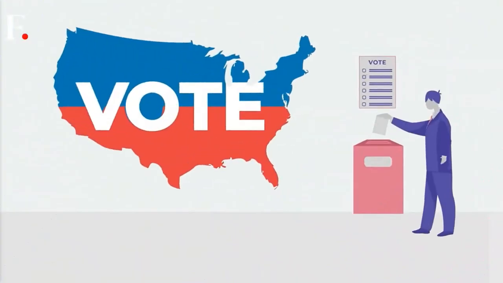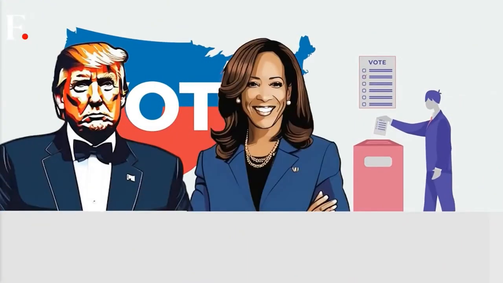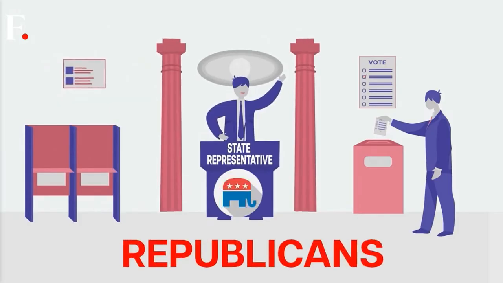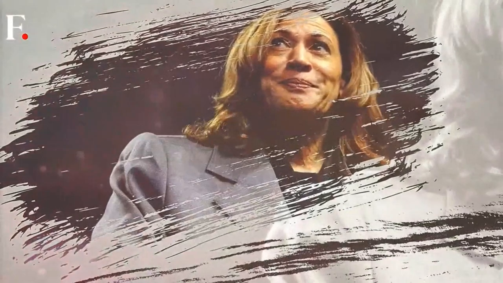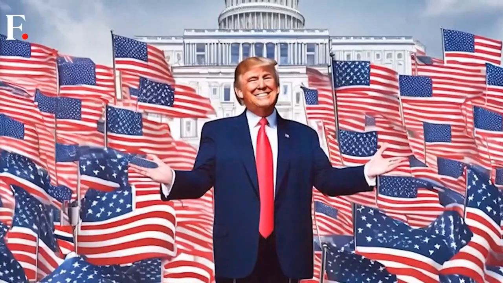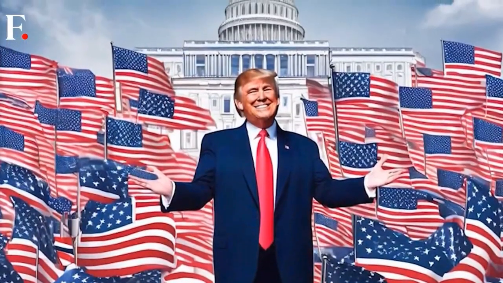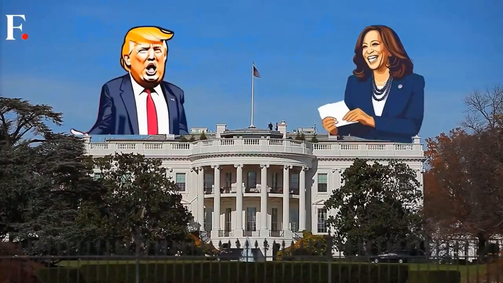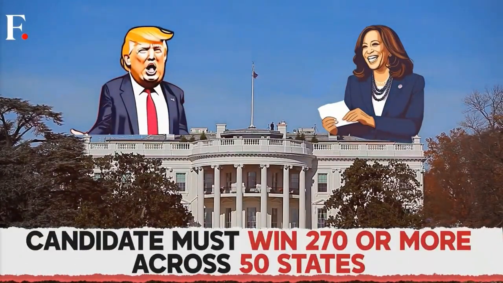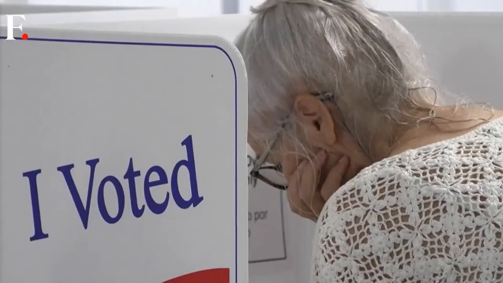When Americans go to polls in November, they aren't exactly voting for the president directly, but their state's representatives, whether that's Democrat or Republican. And then these delegates give their votes to the presidential candidate from their party. Whichever candidate then wins the majority in a state, no matter how big or small it may be, wins all the electoral votes of that state. And in total, to win the race to the Oval Office, a candidate must win 270 and more votes across 50 states. So when Americans say this,